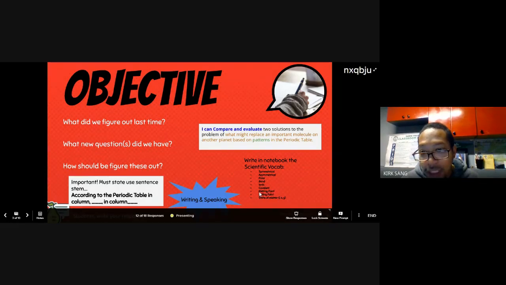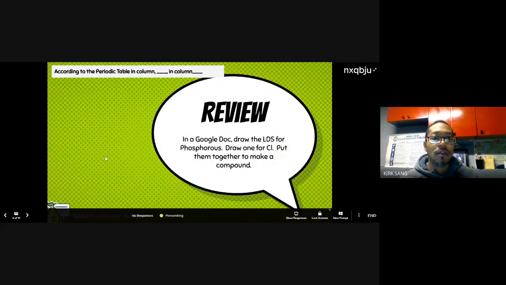So if you're not mentioning those bulk properties, melting point and boiling point, and states of matter, you will be missing the mark. Also, identifying whether they're symmetrical, asymmetrical, polar, and the type of bond, you will also be missing the mark. So when they say patterns, please look to your academic vocabulary for those patterns. According to the periodic table in column, just reminding you that every time you respond, you want to be referencing your chemistry Bible, your periodic table.